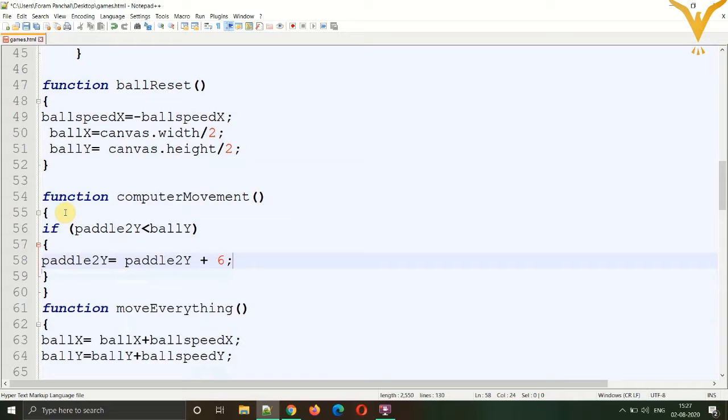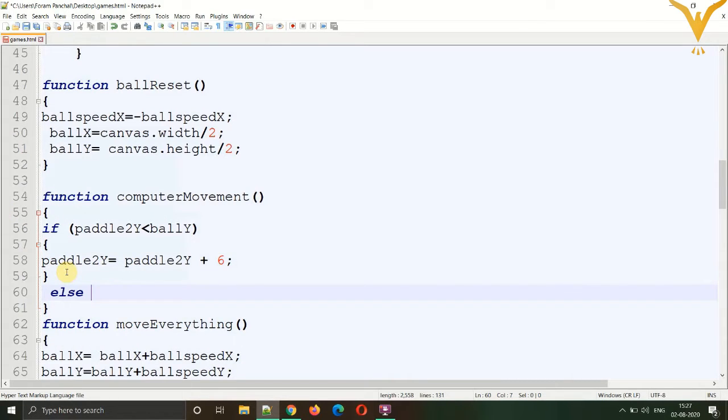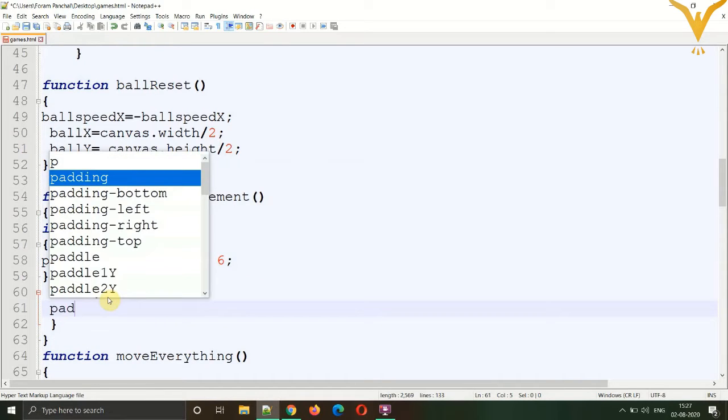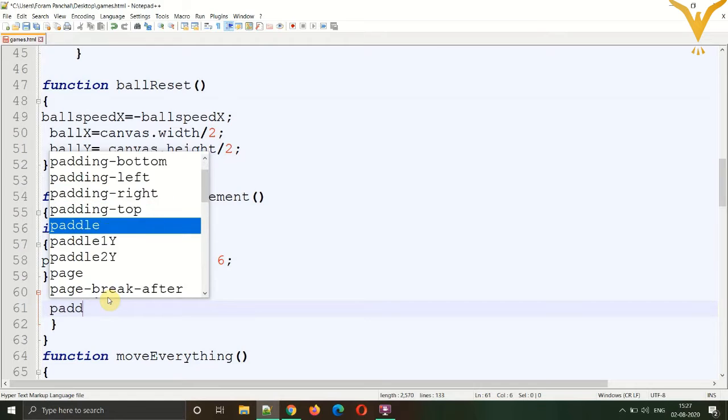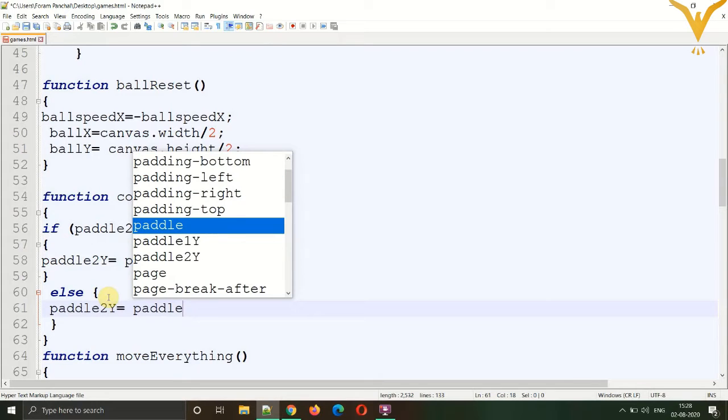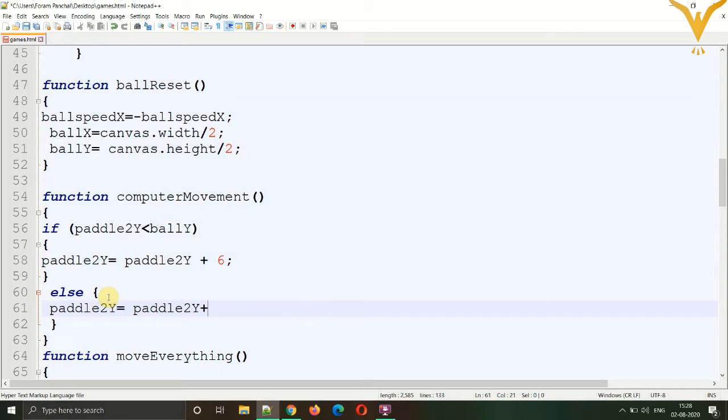After that, we'll create one else part. In else, we'll be writing paddle to Y will be equal to paddle to Y plus, once it will be plus 6 and once it will be minus 6, and semicolons.